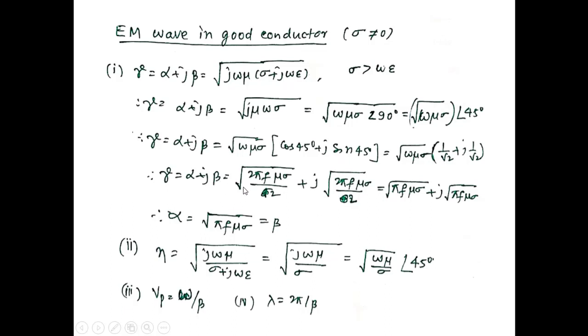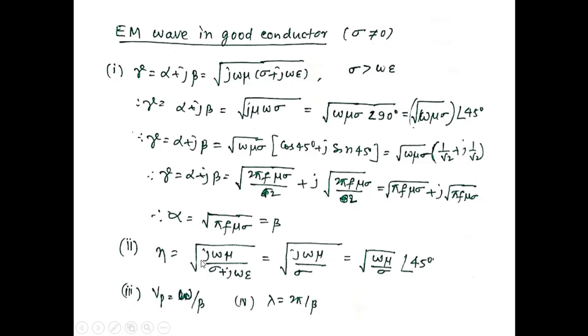beta is equal to under root of, take omega is equal to 2 pi f, 2 pi into mu sigma whole divided by 2 plus j into under root of 2 pi mu sigma divided by 2. So 2 to cancel out here. Therefore, we will get under root of pi f mu sigma plus j into under root of pi f mu sigma. Therefore, alpha is equal to beta is equal to under root of pi f mu sigma, and eta is